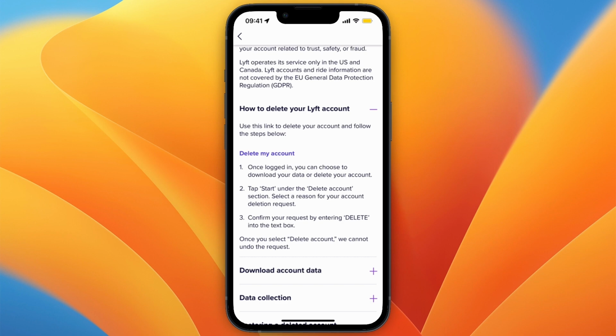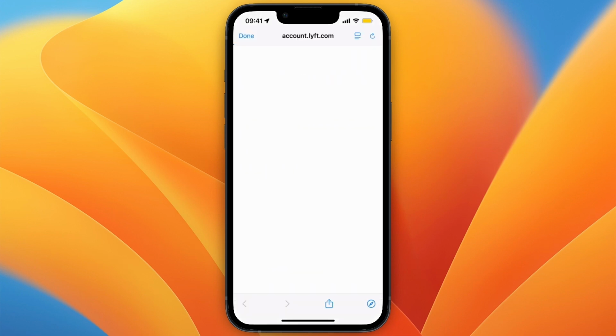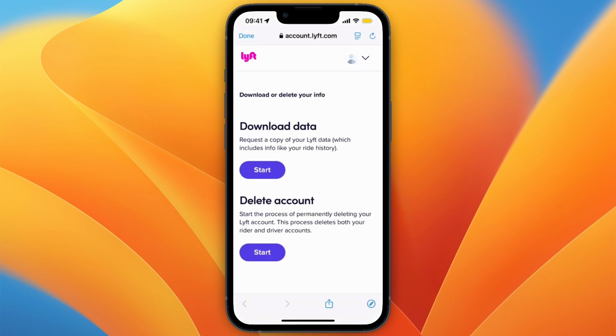but you need to click on the purple Delete My Account text, and then it will redirect you to an external web page. So they've made this quite difficult, but from here you need to sign in. I've already done this. So they send all of these confirmation codes to your phone number and email to verify